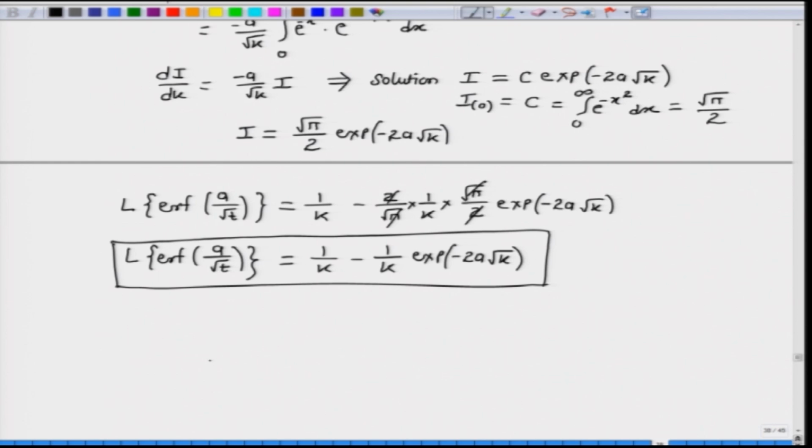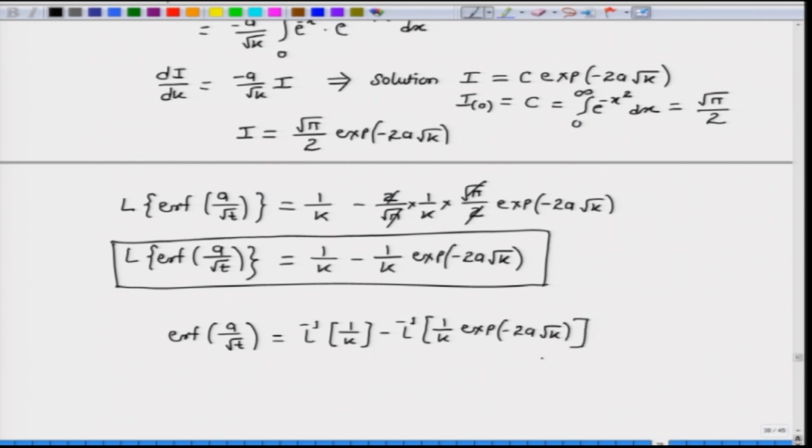If we evaluate the inverse Laplace on both sides, then on the left hand side the inverse will be just nothing but error function a by root t, is equal to, on the right hand side, L inverse of 1 by k minus L inverse of 1 by k exponential minus 2a root k, and L inverse of 1 by k is nothing but 1, because the Laplace transform of 1 is 1 by k, and if we rearrange we find